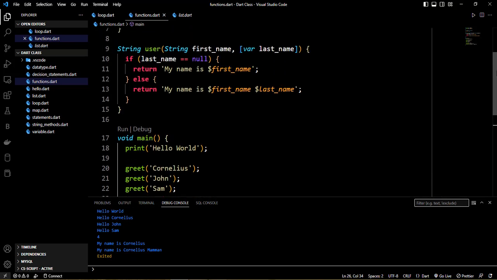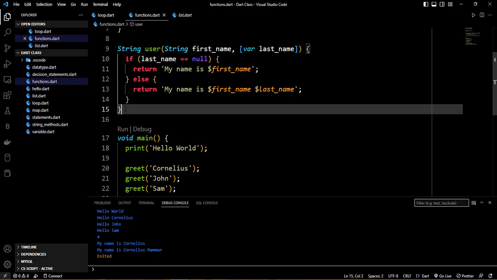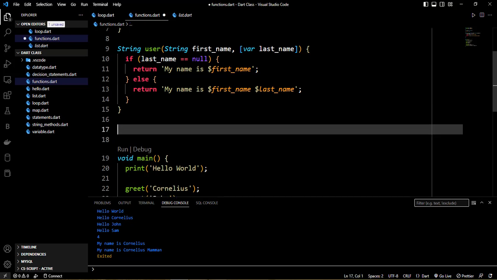Now, instead of optional parameters, we can also have a default parameter. This is a case where we set a default value for a parameter, and the syntax is the same as that of the optional parameter, just that the parameters inside the square brackets will be assigned a value, and that value will be the default value. So for instance, we can say, let's say void